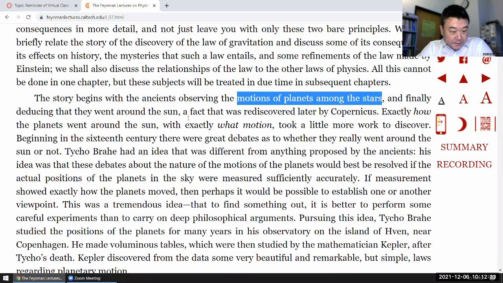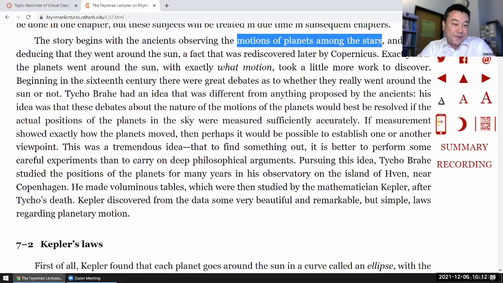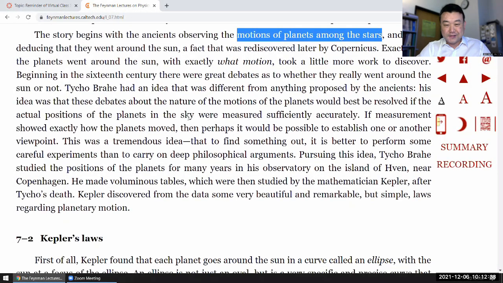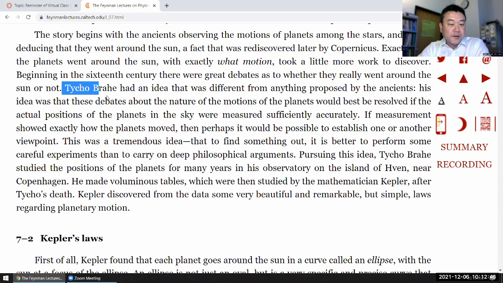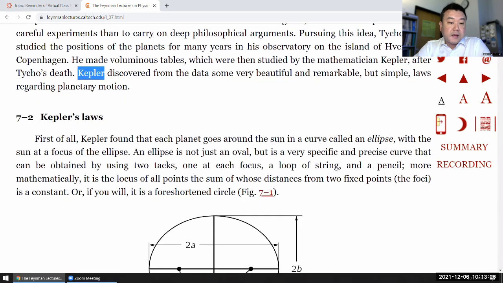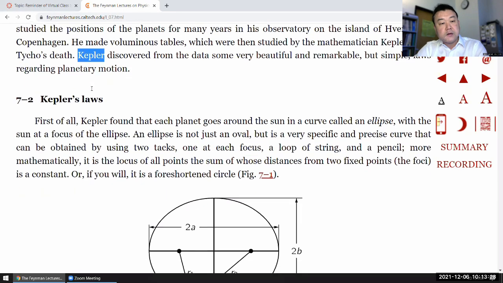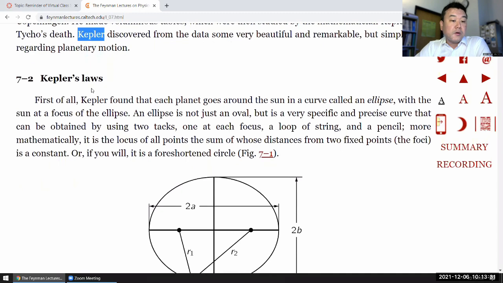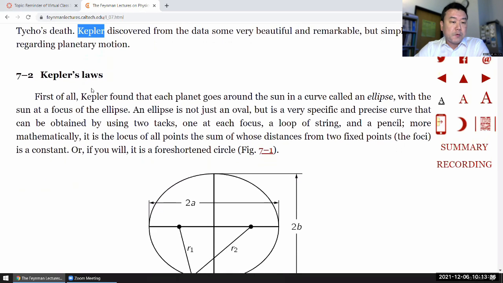And he skips through some things. He's skipping through Galileo and all the stuff. He's beginning with the beginning of modern astronomy, which is the observations of Tycho Brahe, and Kepler is the guy who analyzed Tycho's data, and as he was analyzing it, he was able to deduce the following laws. These are what we might call phenomenological laws, in that his starting point was